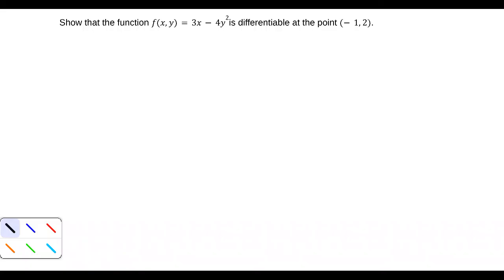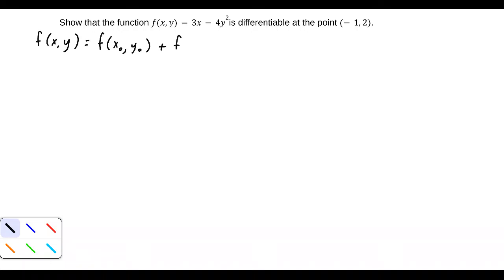Show that the function f(x,y) = 3x - 4y² is differentiable at the point (-1, 2). We know, by definition, that f(x,y) for any function is equal to f(x₀, y₀)